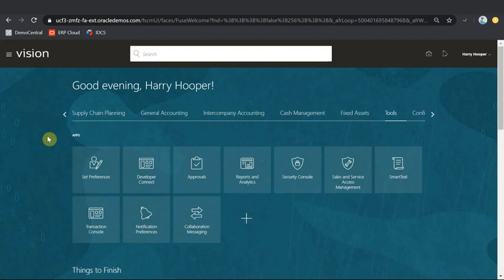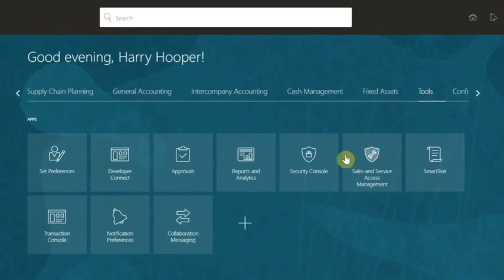Connect CASB with ERP Cloud for application fraud detection. Create a dedicated CASB user in ERP Cloud. Let's connect CASB with ERP Cloud for application fraud detection. First, let's create a dedicated CASB user in ERP Cloud. Log into ERP Cloud as the administrator and navigate to the home page. In the dashboard area, scroll to the right until you see Tools.